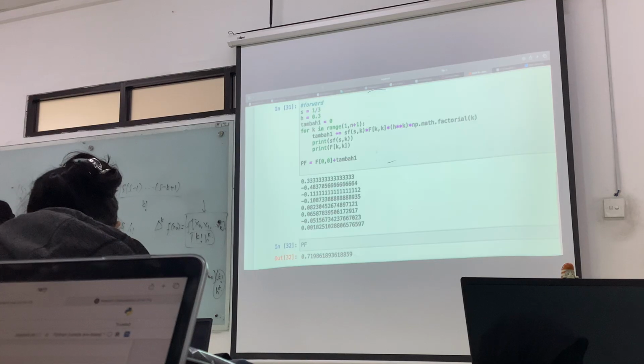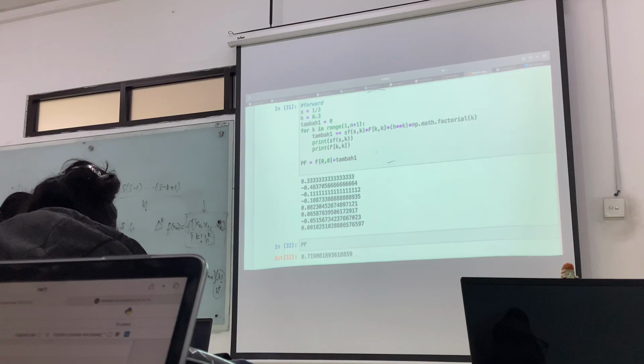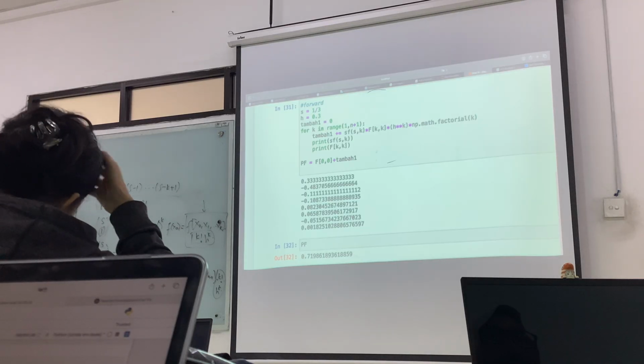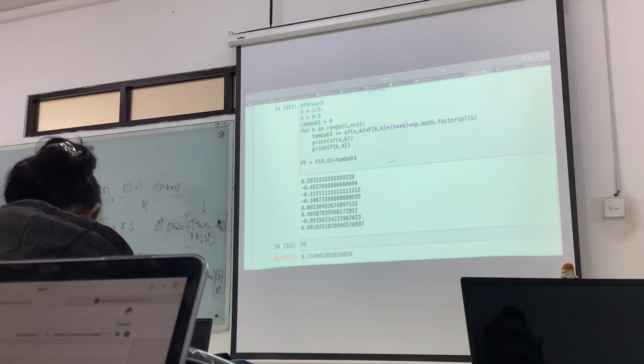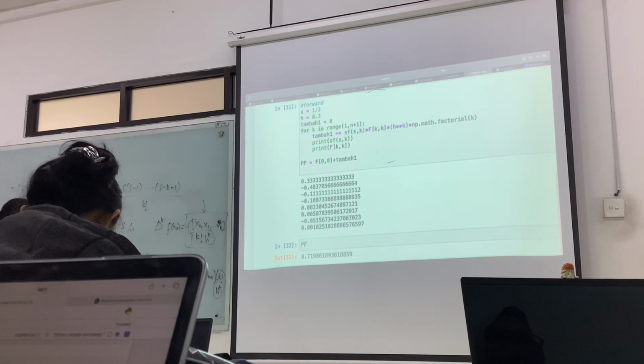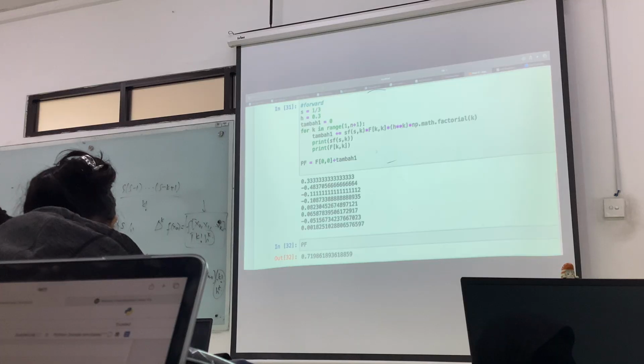Okay, I want you to check, how can we check our iteration is correct or not? You can do this: check the first two iterations manually. If the function is correct already, then check the